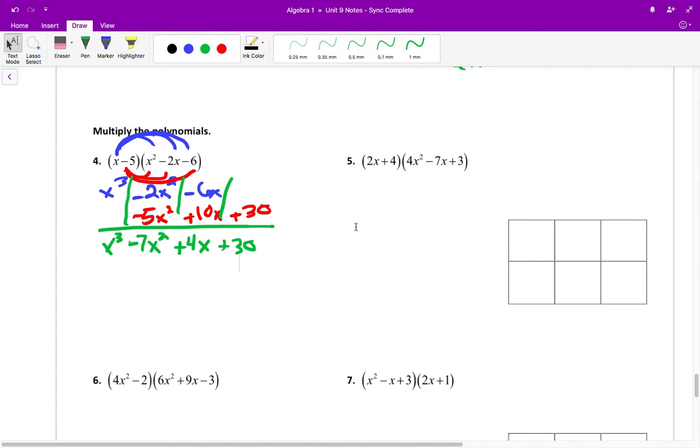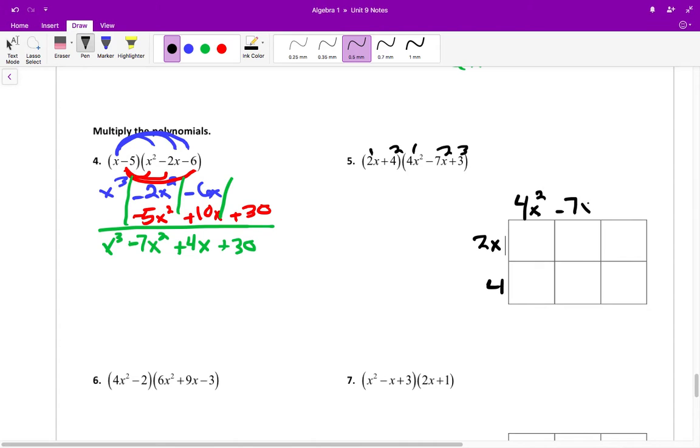Now, an alternative, let's look at it in a different way. So number 5, an alternative to doing that is to kind of set up a box. And what you do, if there are two terms in the first set of parentheses, then you just put each of those on its own row. Now, if there are three terms in the second set of parentheses, those become kind of like columns for a box, to where you'd say 4x squared